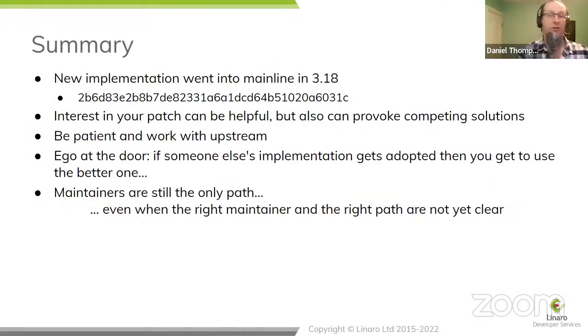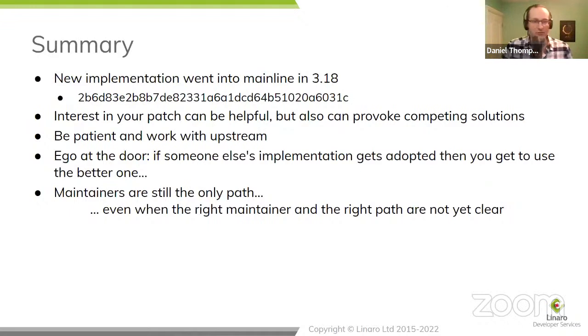As you can see, it can also provoke competing solutions, and I think it is very impressive that so many companies could put their ego at the door, put aside their solution, and adopt the best solution that people were discussing. And the nature of the kernel mailing list and the way we do reviews and everything else is good at building that kind of consensus. It is disappointing, incidentally, if it's not your implementation that gets picked, but since most people are working to make the best kernel possible, it's also a good thing that people accept.